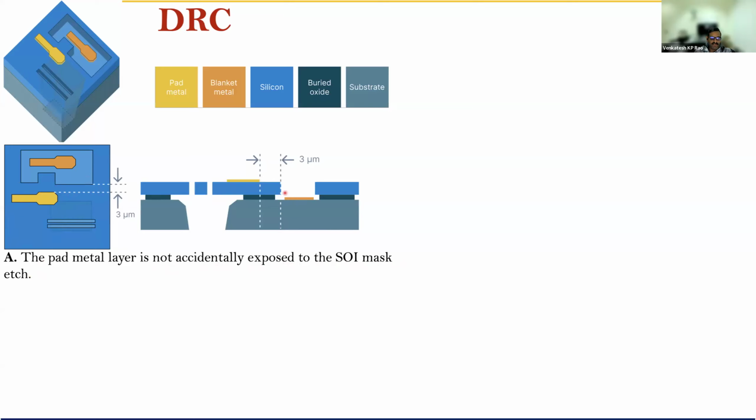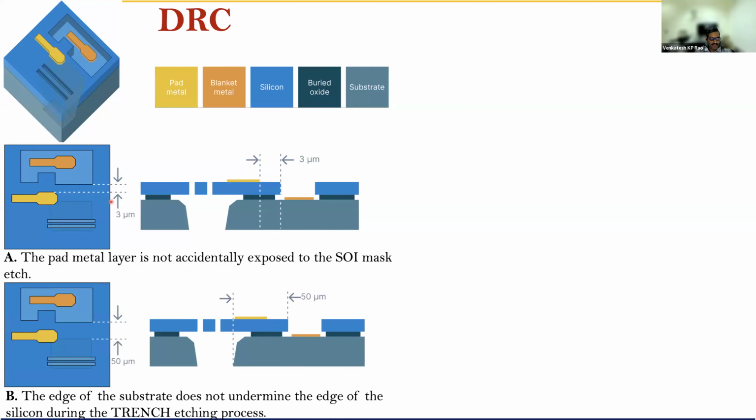Let us say that whenever it does the under etching, this pad metal should not get etched away. So we need to ensure that a minimum 3 micrometer gap will be left between this edge and the edge of the pad metal. This is the first constraint which needs to be kept in mind. Whenever you are doing the layout, keep this in mind. The edge of this structural layer and the edge of the pad metal, the minimum 3 micrometer distance has to be maintained. Next one is for,